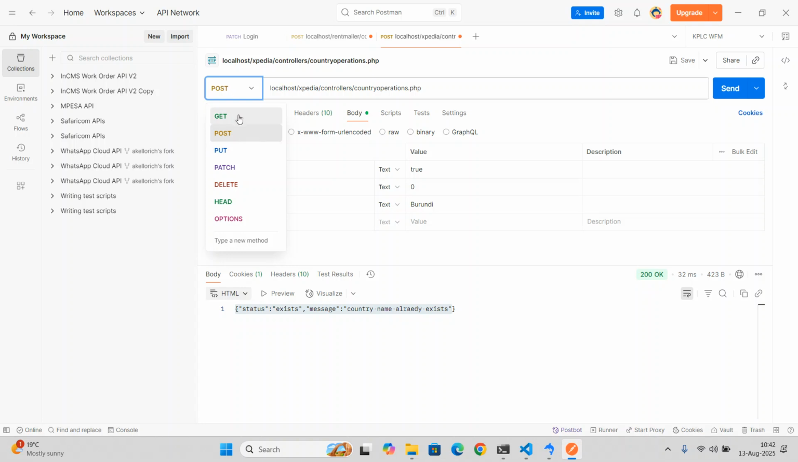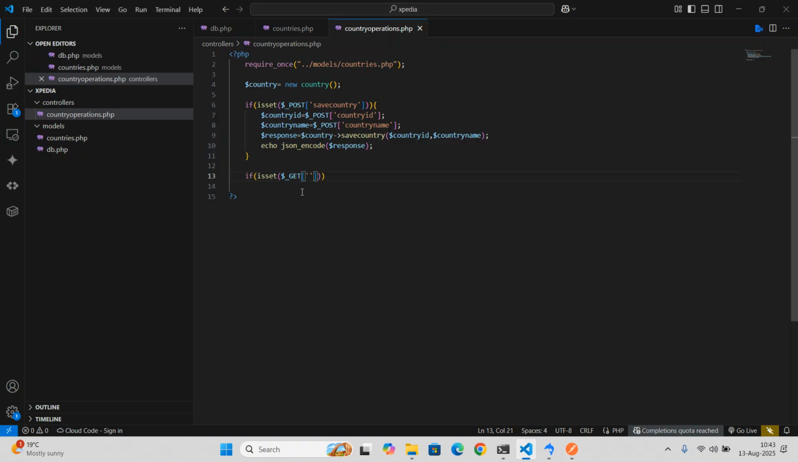Now, what's the difference between get and post? Get will append your parameters as part of the URL. Post, on the other hand, will send your data as a form. So if you're sending secure data like passwords, use post. But if you just want to fetch data, then you can use get, which is what I want to use now. So here I'll say get. If somebody says get countries,